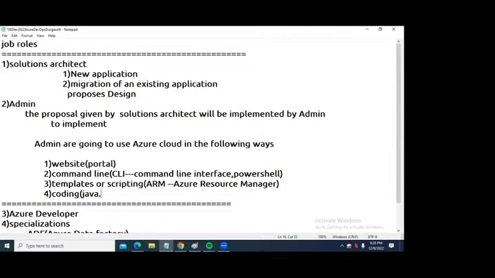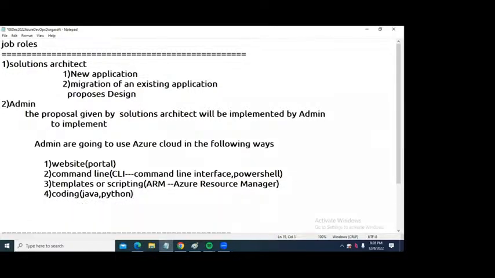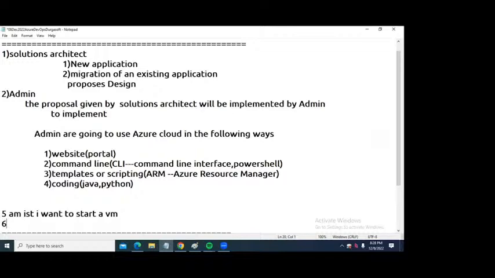Suppose in the morning at 5 a.m. IST, I want to start a VM, and at 5 p.m. IST, I want to stop the VM.